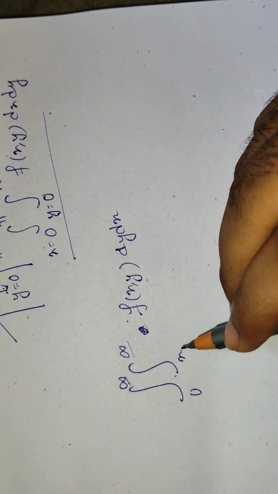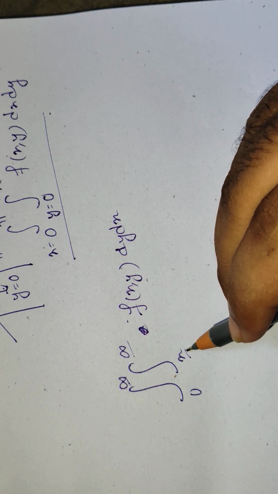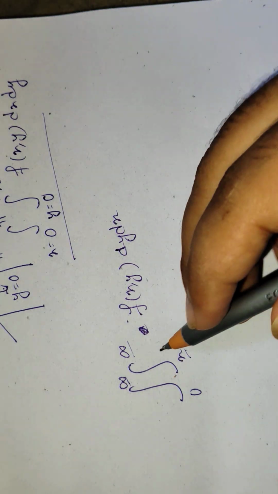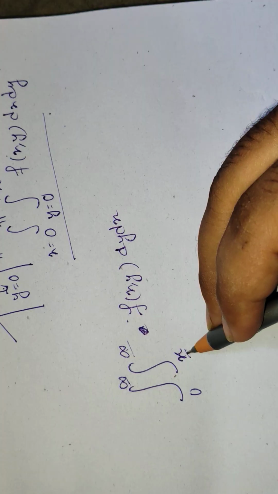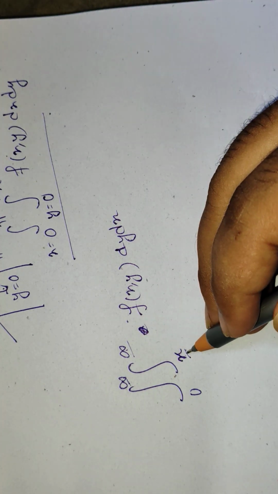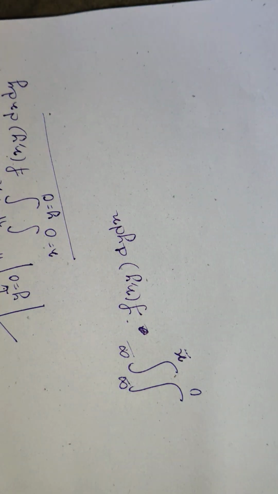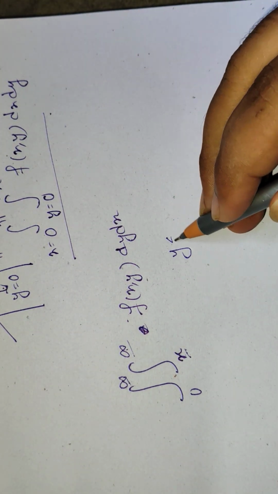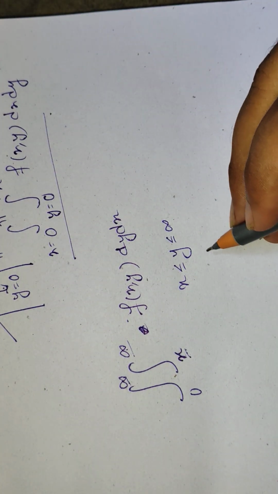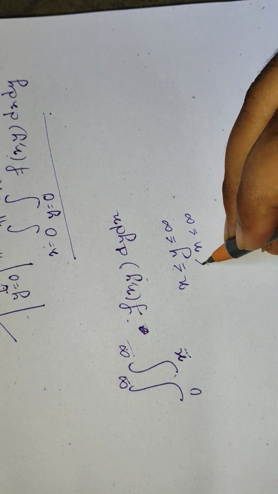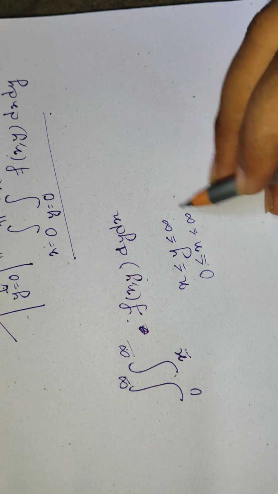So basically we are focusing on the first variable. This is x, that means the first variable is y. Why? Because you can see the limit is starting from x to infinity. That means these limits are basically the limits of y, right? So basically we can say y is greater than or equal to x, less than or equal to infinity, and also x is greater than or equal to 0, less than or equal to infinity. I mean 0, what am I saying. However, you can see the inequalities.